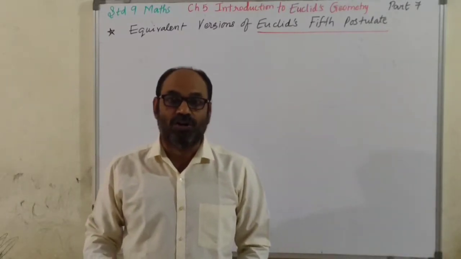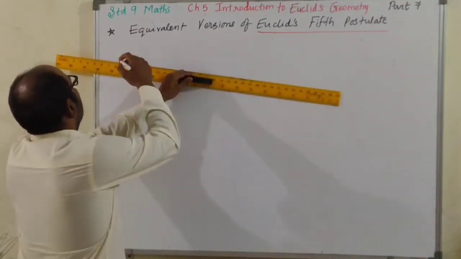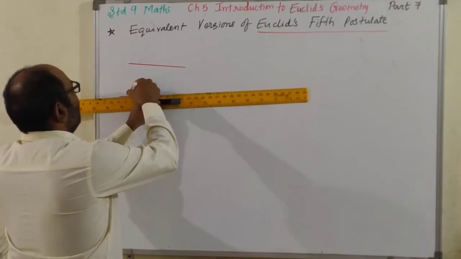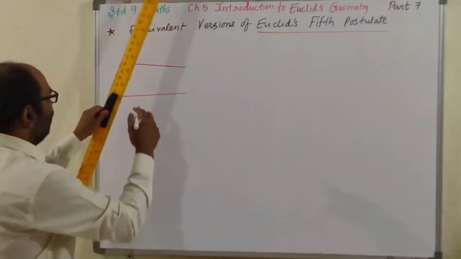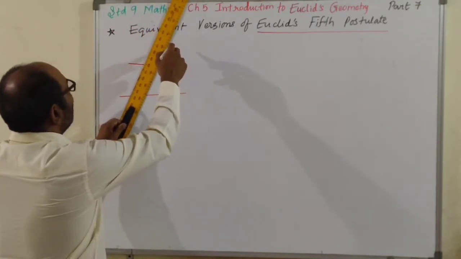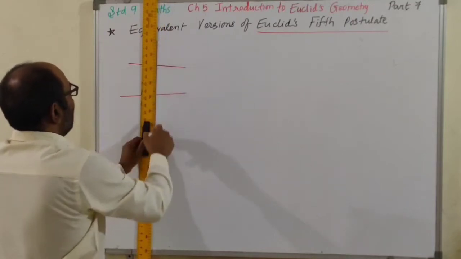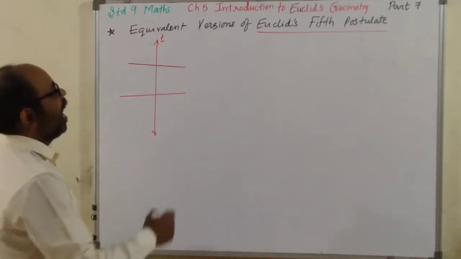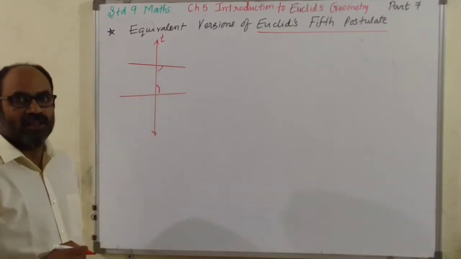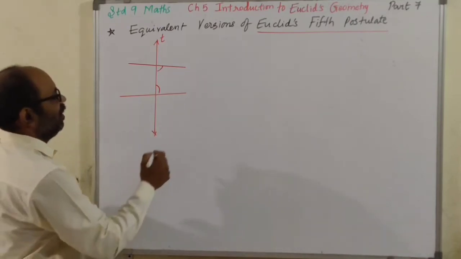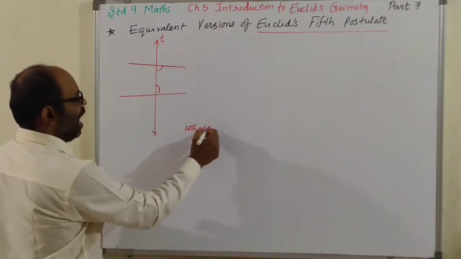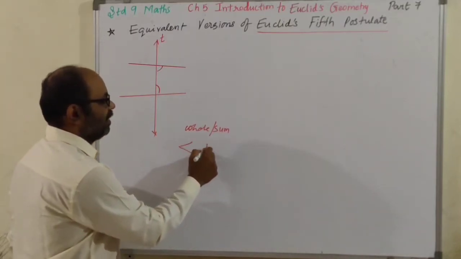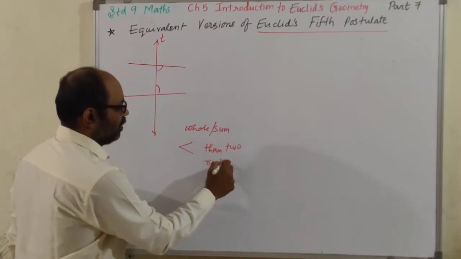If a line falls on two distinct lines, देख लीजिए. This is one line. This is the other line. And a line falling on it. If a line falls on it, this is the third line. This line, let's say T, the transversal, falls on these two lines. And this is a pair of interior angles on the same side of the transversal. If the sum of the two interior angles on the same side of the transversal is less than two right angles,